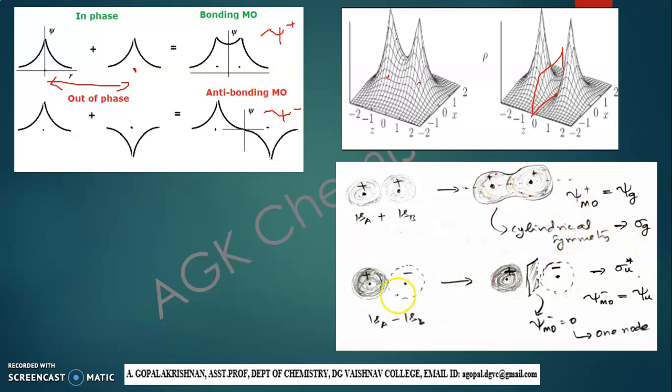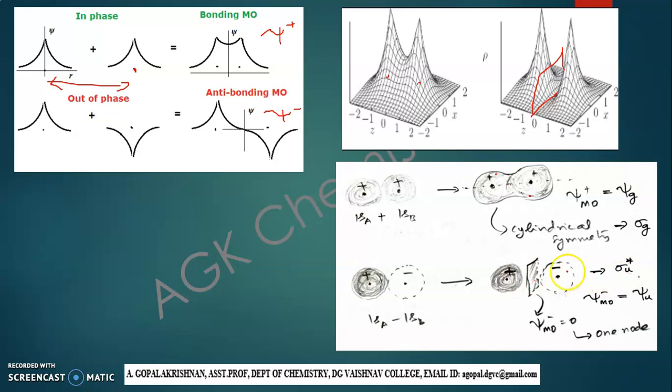Similarly here, if you take the psi minus state, 1s A has a positive sign and 1s B has a negative sign. When these two combine, you will get a molecular orbital cloud, an electron density, like this. Now if you take the center point, and a point here and exactly another point here, and do inversion, the sign will change. So this orbital is antisymmetric with respect to the inversion operation. Therefore this orbital is considered an ungerade symmetry orbital.